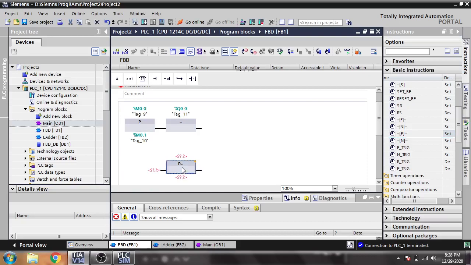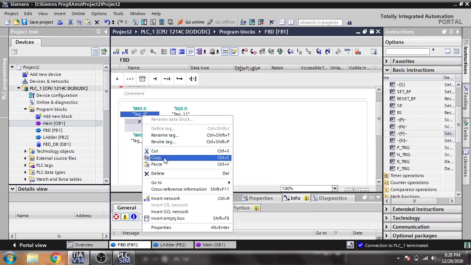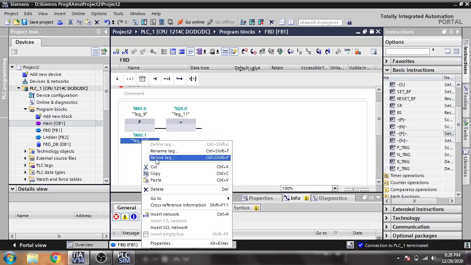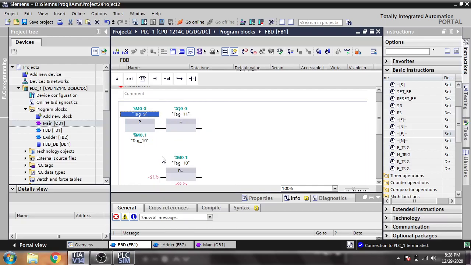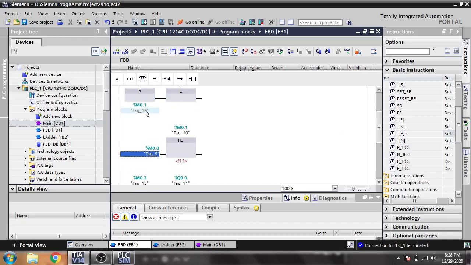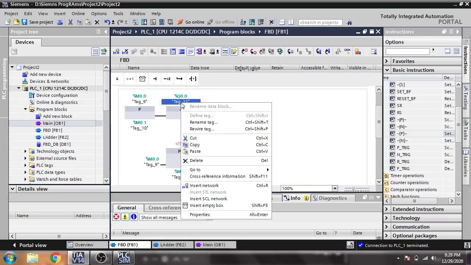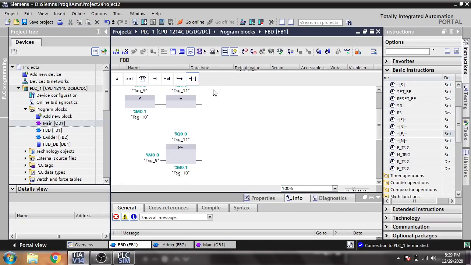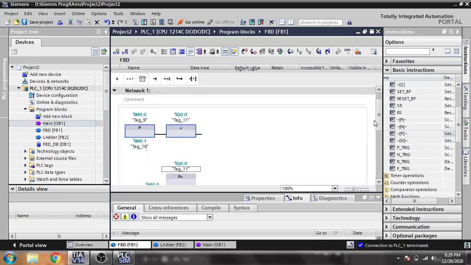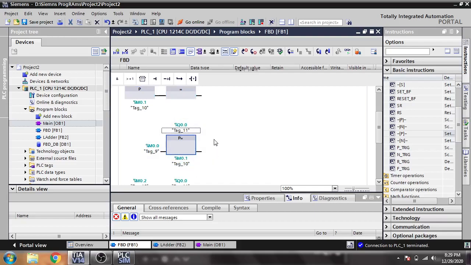I think we directly copy that one to there and that one to there. Sorry, cut that one to there, and our Q0.0 is showing output like that. You will see that these two, this one and this one, have the same functions, but like I'm going to delete that,